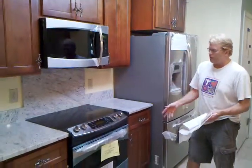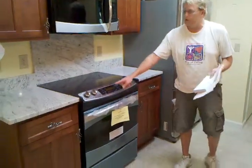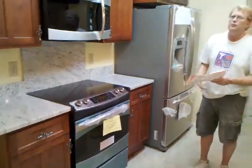Obviously, electrical inspection is done. Everything is on and operating, except I had turned the oven off. I'll turn that back on. You'll see a lot of spots on the ceiling where we're touching up things. For old walls and old ceilings, they took a little bit of work, but I think we got them looking